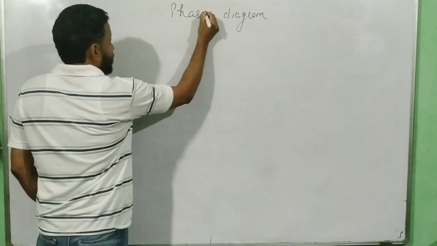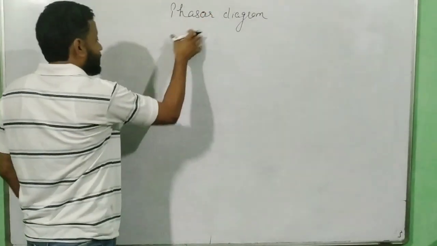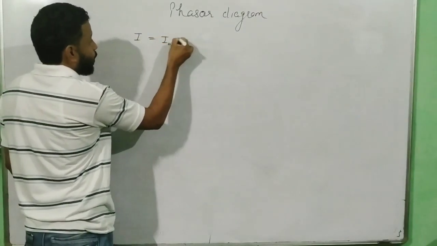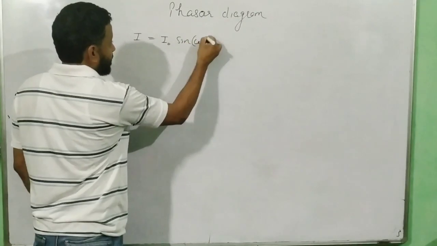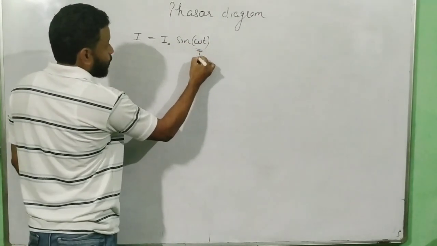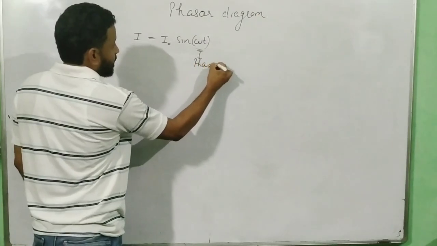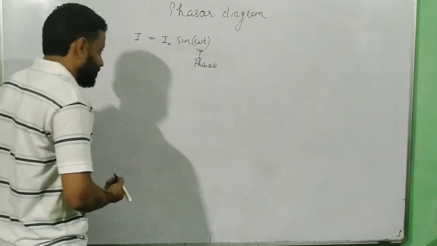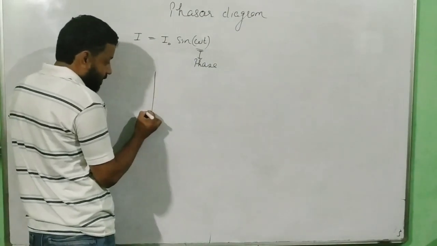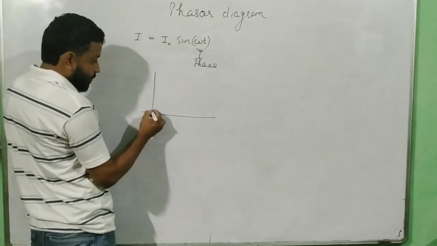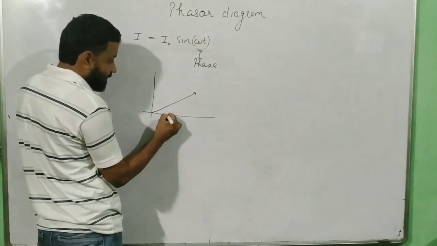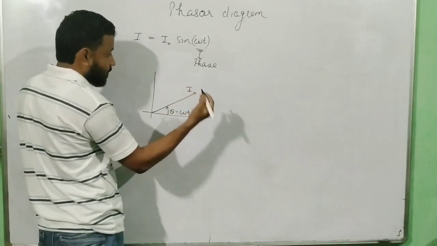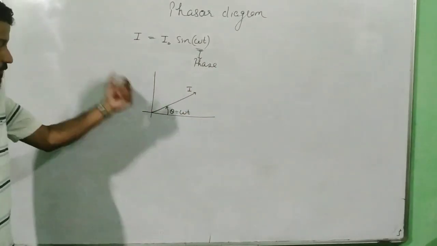Phasor, this is O. Phasor diagram, as you see, has something to do with the phase. Now, when you say I is equal to I naught sine omega t, then this omega t is called the phase. And when you plot anything with respect to phase, we call that a phasor diagram. So phasor diagram means, let us say at any instant of time when this angle is equal to omega t, it will have some value of current I.